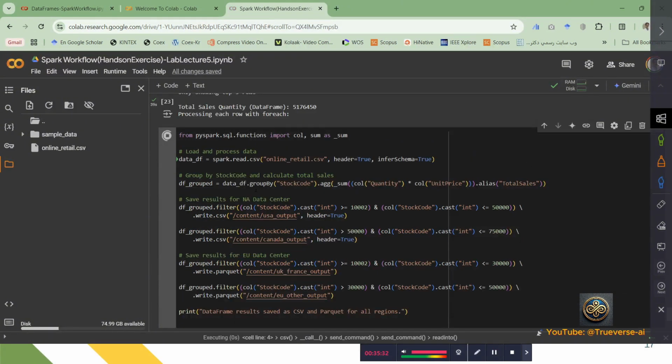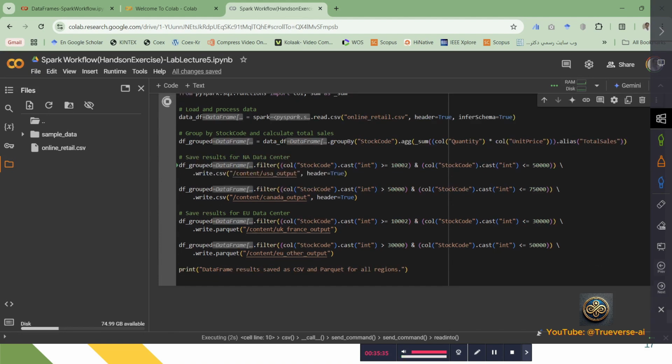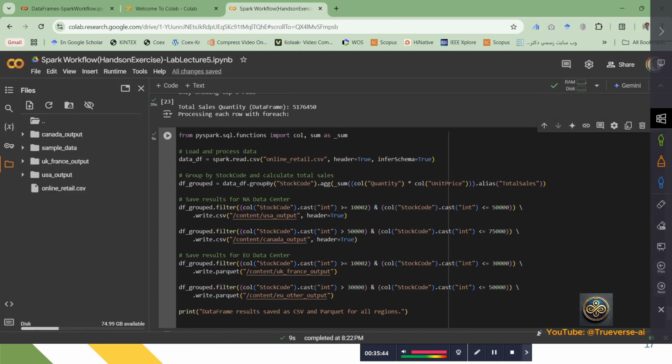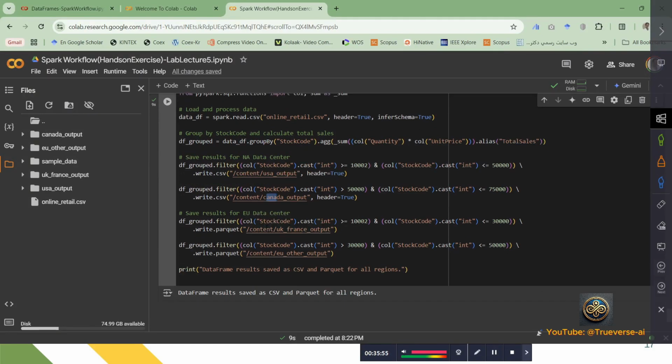Okay, let's run it. So you will see here will be created one for USA output. Yes, one is the Canada output. This is based on the CSV, and Parquet format using the